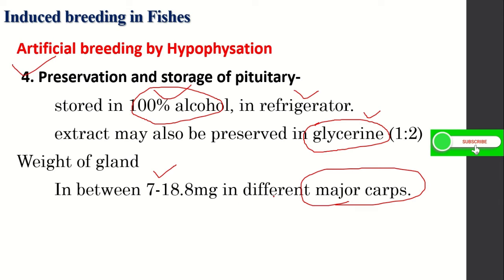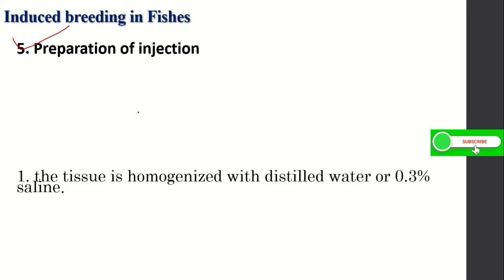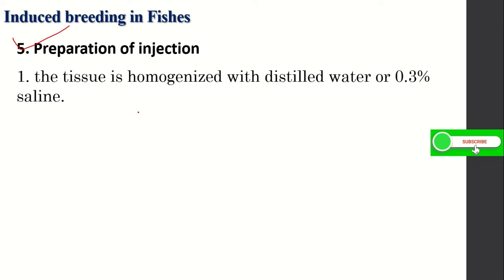The next step is the preparation of the gland suspension for the injection. After removing the gland from storage in the preservative, the gland is taken out on filter paper and left for a short while to allow the alcohol to evaporate, and then homogenized